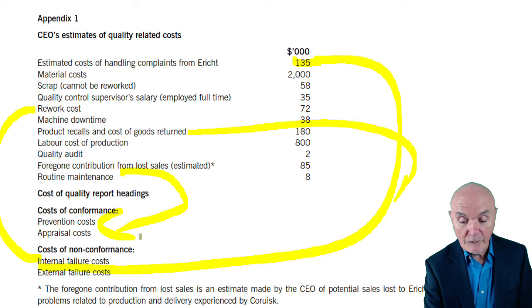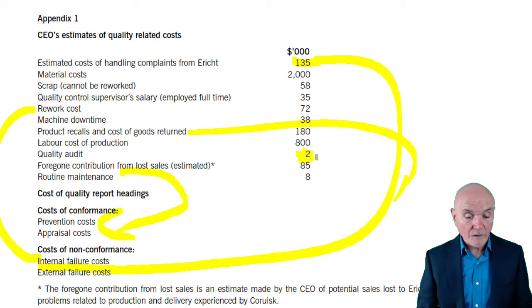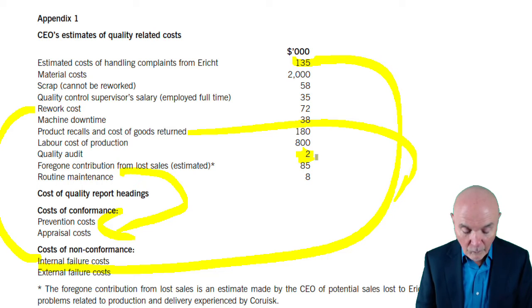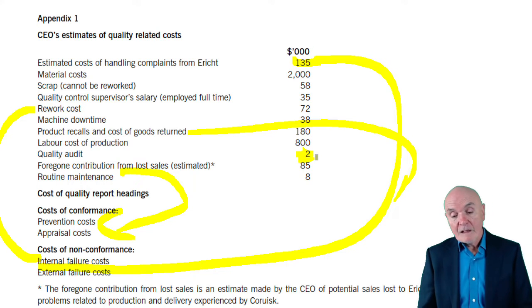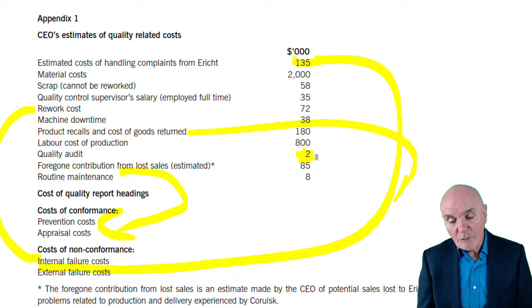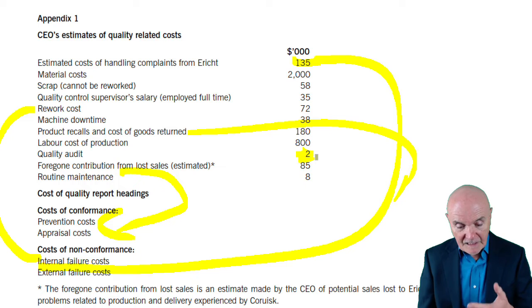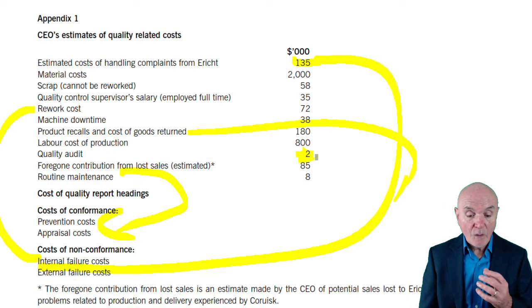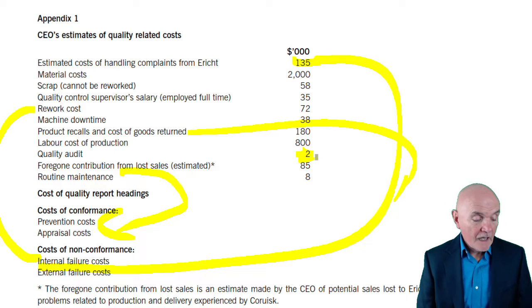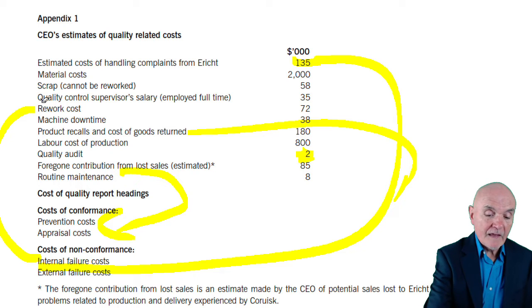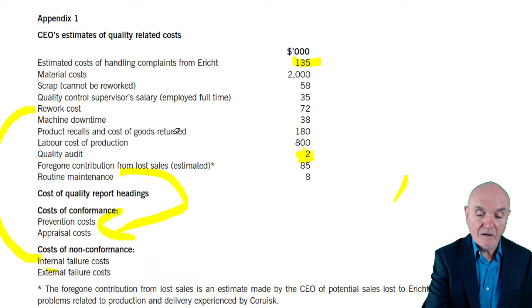It doesn't actually matter where this 2, for example, on quality audit went. But provided you were reasonable in the allocation of these costs to these different quality report headings, you would have seen that the vast majority of the